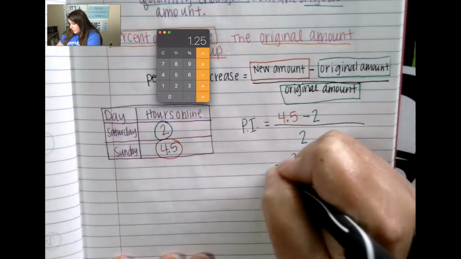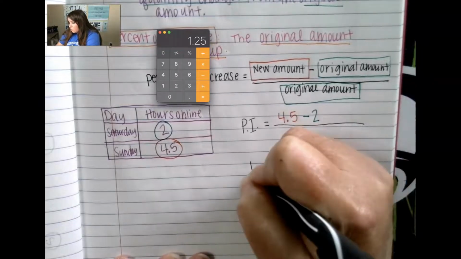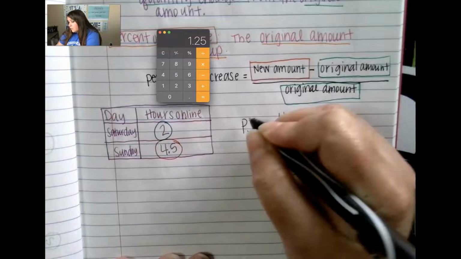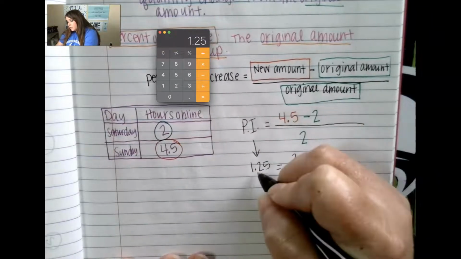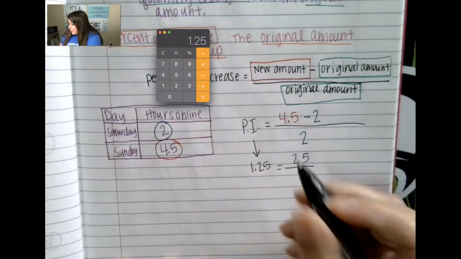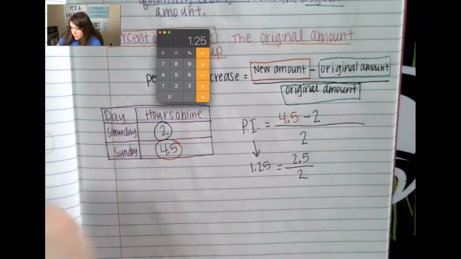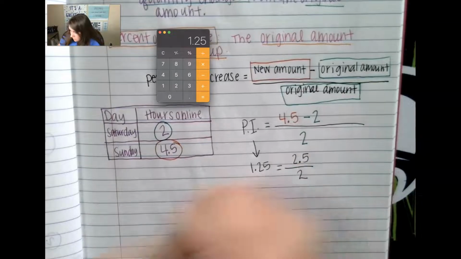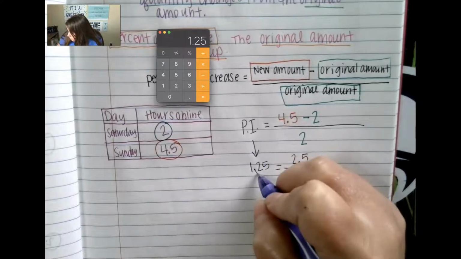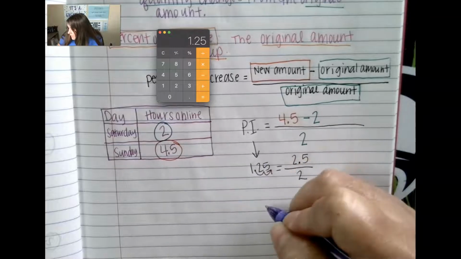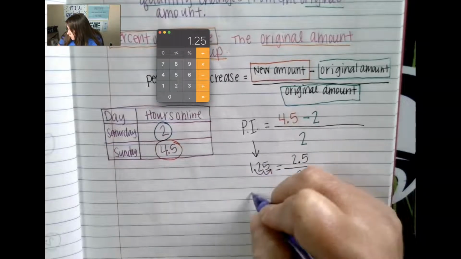And that gave us 1.25. Now, this is not a percentage right here. So we're going to turn this into a percentage now by moving our decimal point. All right, so we're going to go 1, 2, and that's going to give us